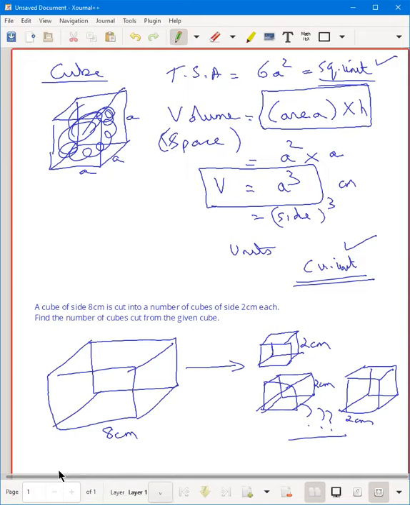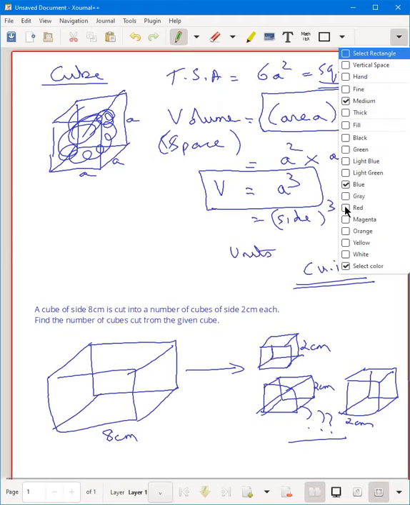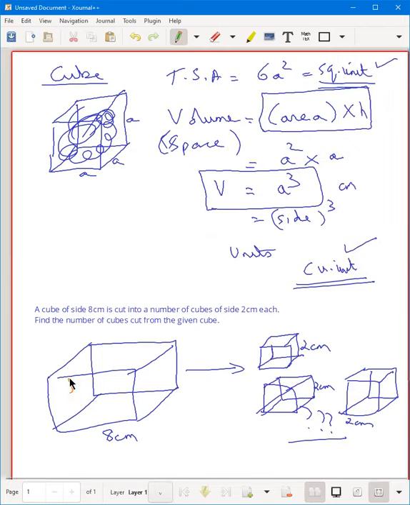Quickly try to solve this. You can imagine that this entire big cube is being broken down into smaller pieces like this, each of them being a cube. So it'll be a 3D figure like this. No, Mohuri, you're just doing 8 divided by 2. That will not be correct, right? Think of it, it's a 3D figure, not a 2D figure. Don't think of it in terms of 2D now. We're doing a 3D one, so it will be like this. I want you to find the total number of smaller cubes there.